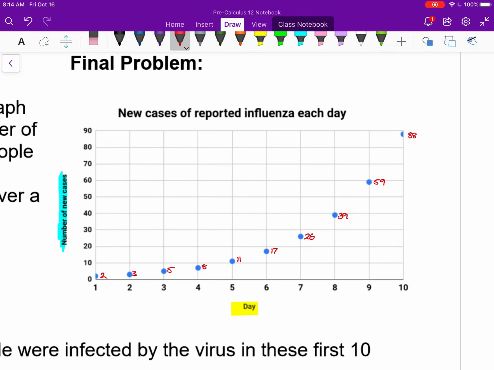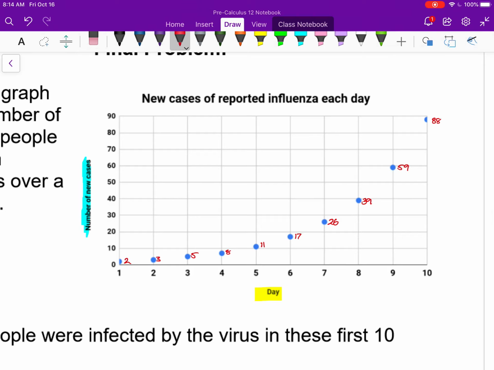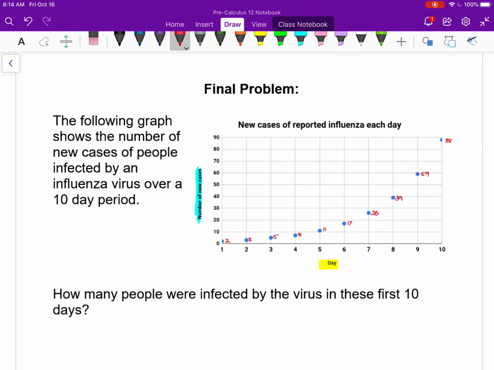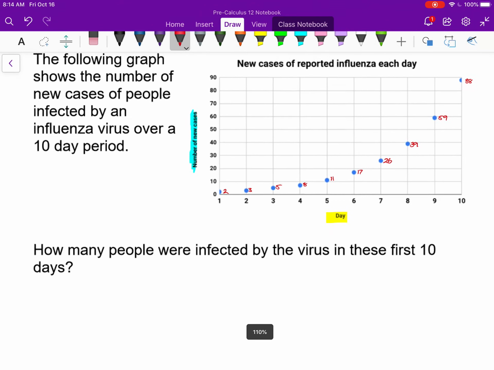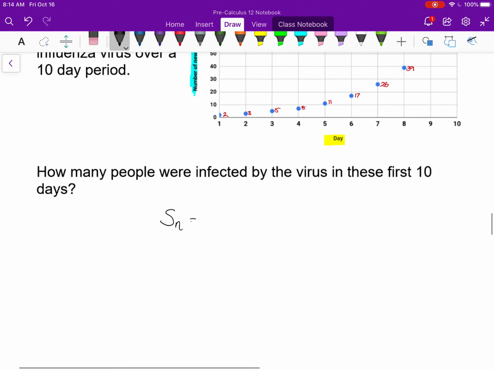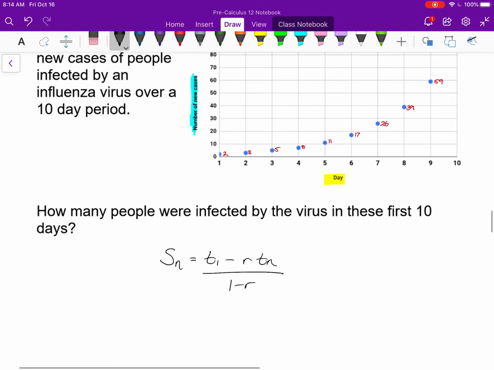Again, they're probably not exact, but honestly, they can't be that far off. So my first question is, how many people were infected by the virus in the first 10 days? Well, I could just add up all these numbers, and that might be faster than what I'm about to do. But I'm not going to literally add these all up, although I could. However, of the two formulas, if I use the one I've been using more often today, T1 minus R times Tn, all divided by 1 minus R,